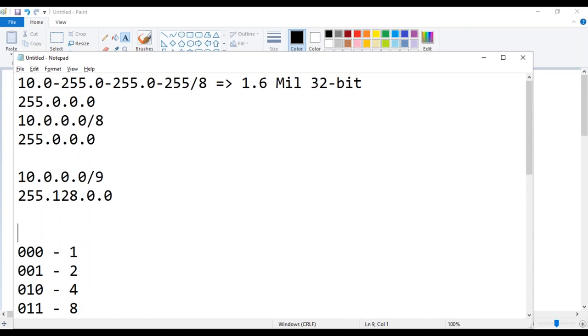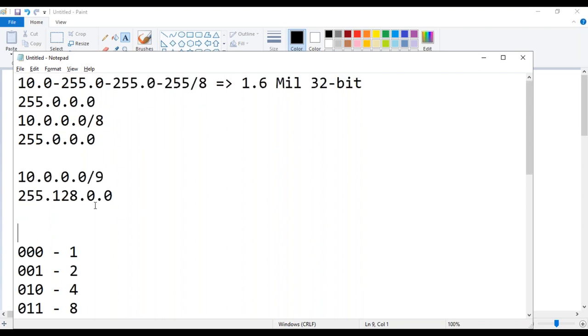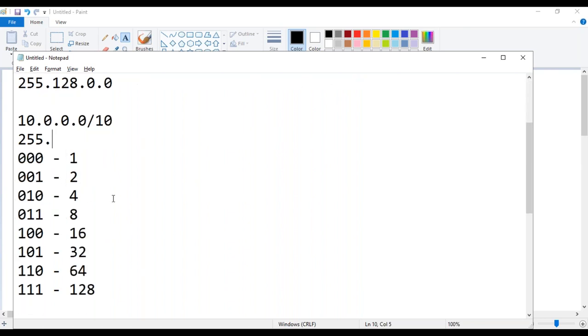Next, if you give 10, that means, see, if you increase by one number, 1.6 million will become half, that means basically 80 lakhs. If I give 10, slash 10, I'm going to say 255. Next it will be 128 plus 64, which is 192.0.0.